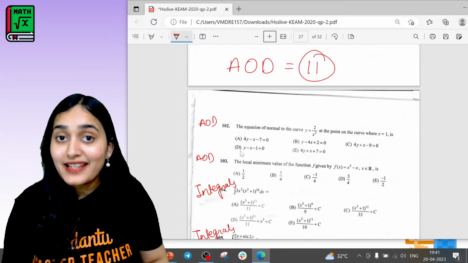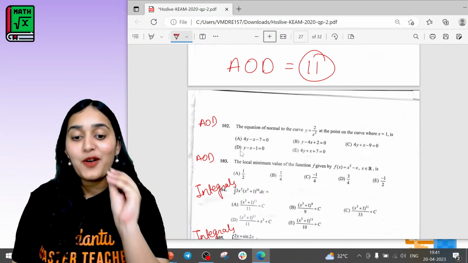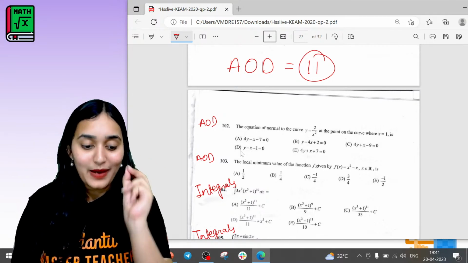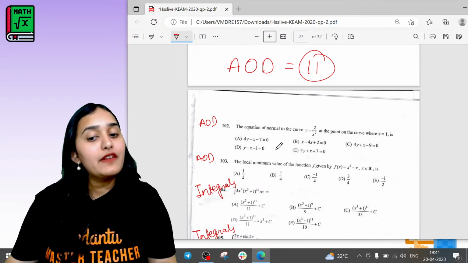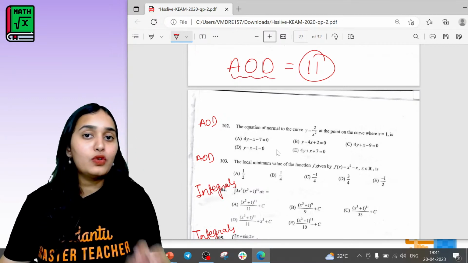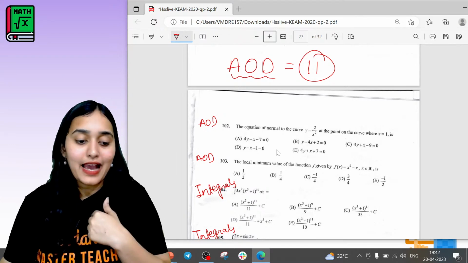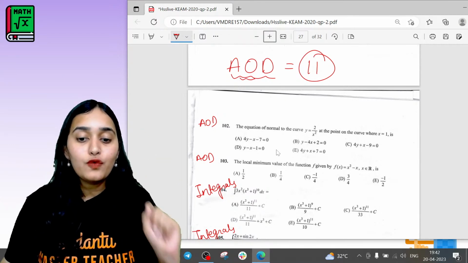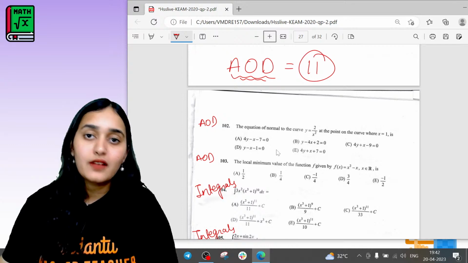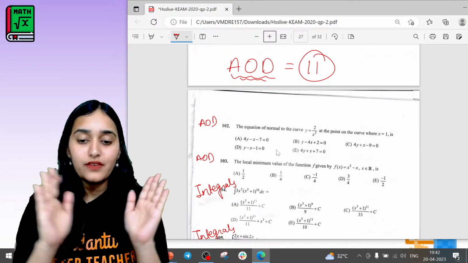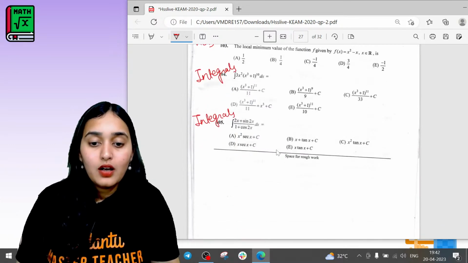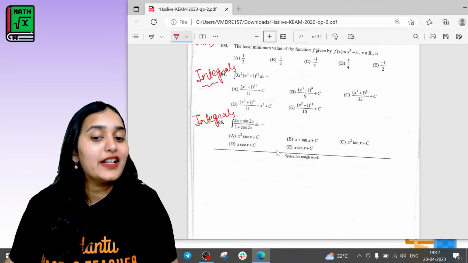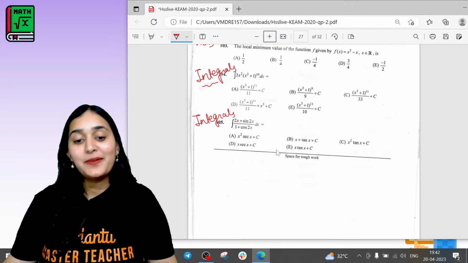Can you doubt that chapter? Not at all. You can't doubt that chapter. It is going to have 11 questions. Man, it is super, super important. Okay. So, we will do application of derivatives very soon and very nicely. My guarantee to you that after you watch the application of derivative lecture, you will be able to solve every question. Pakka. Okay, chalo. Moving on comes your favorite chapter, not my favorite chapter, integrals.